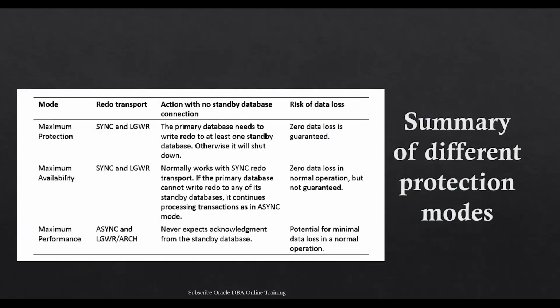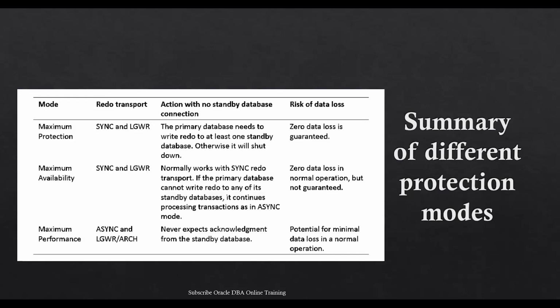So if you are using maximum protection, maximum availability, maximum performance, these are the redo transport options that we have. One is called sync LGWR, then for maximum availability, that is sync LGWR, then async. Whenever you are defining your standby database using the log archive dest service, you can mention these sub clauses inside your service along with your service parameters. Using this, you can define your parameter level changes.